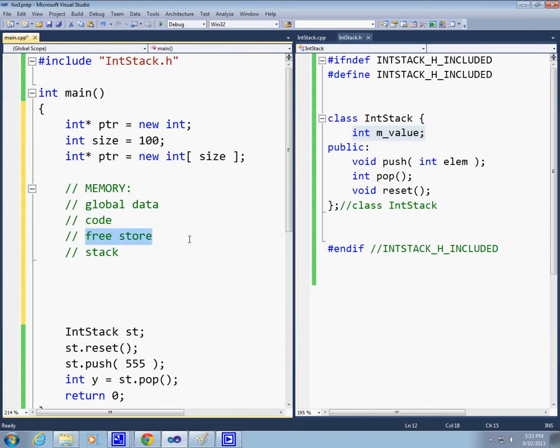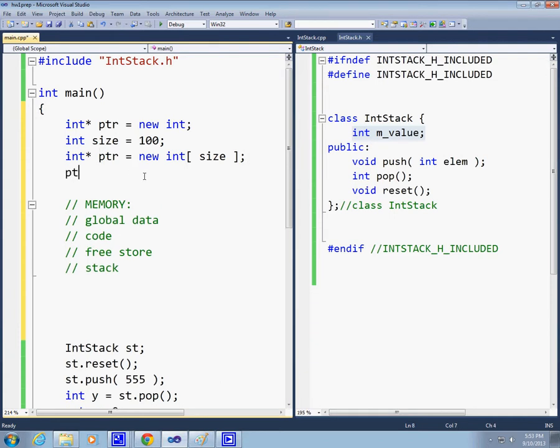Now, the free store can be the focus of our attention at this point because we're saying new. New goes right here and tells the system, give me some resources from there, okay? Give me some memory, give me access to this memory through its initial address, and this will be stored in this pointer. So then the pointer can naturally be used as this. You know, give me access to the index 55 and store 1, 2, 3, 4, 5 in that location. Okay, so that's how I can access all of my 100 integers, starting from 0 and ending with 99